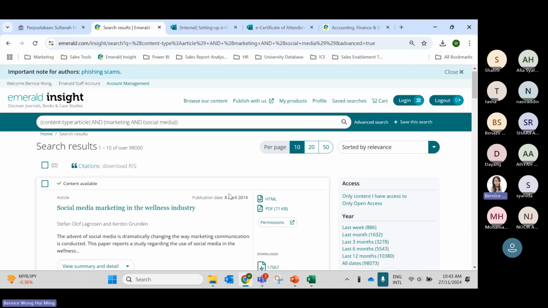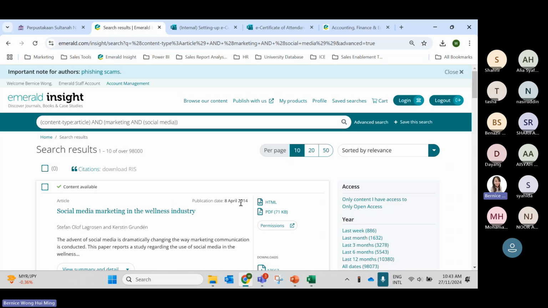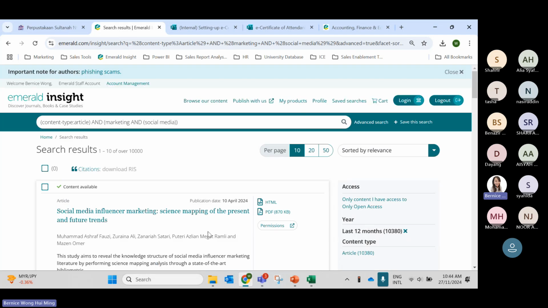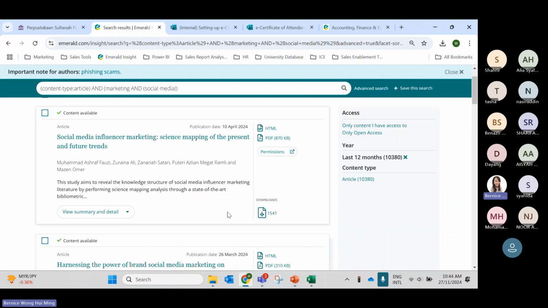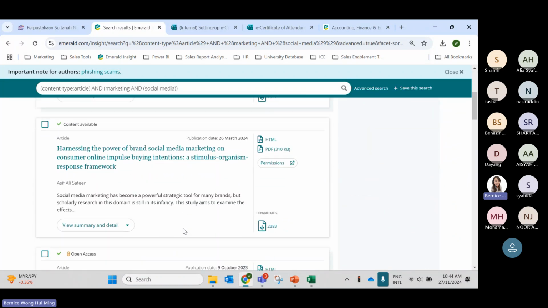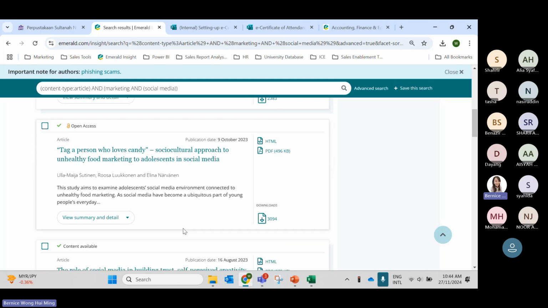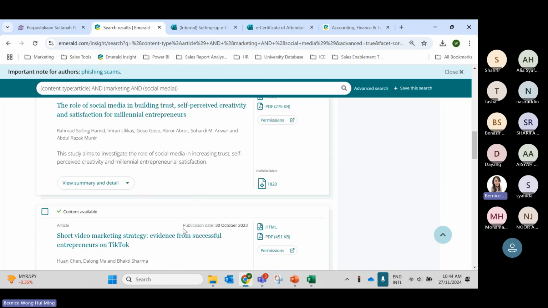So from here, there are some articles that you can read. Then you can get some important information here for the next step. So when you do the first step of reading articles, you can go to the latest 12 months because you want to know what current topics or articles have been published. So these are 2024 papers. So I can start to choose some topics related to my area. So I can scroll down and read.